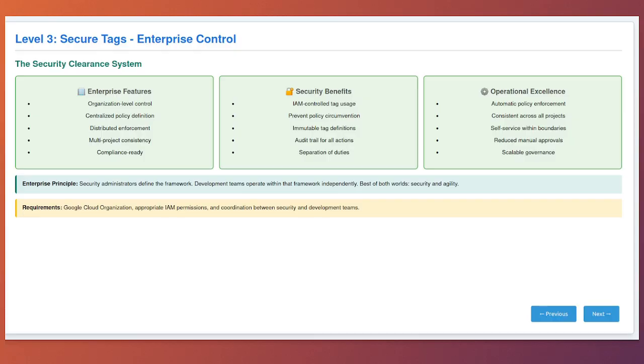They had a critical business requirement. Production financial data could never be accessible from development or staging environments. And violations could result in millions of dollars in regulatory fines. The challenge was that this company wanted to maintain developer agility and self-service capabilities while ensuring perfect compliance with their security policies. Traditional approaches like manual approval workflows or centralized firewall rule management would have created bottlenecks that slowed down